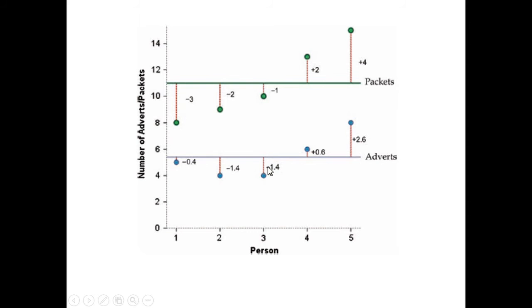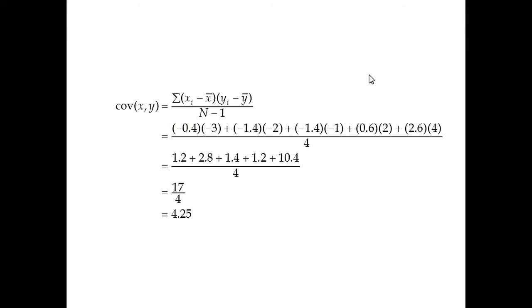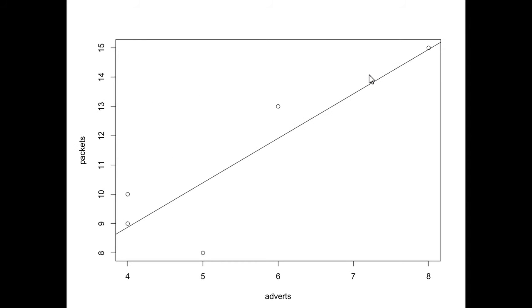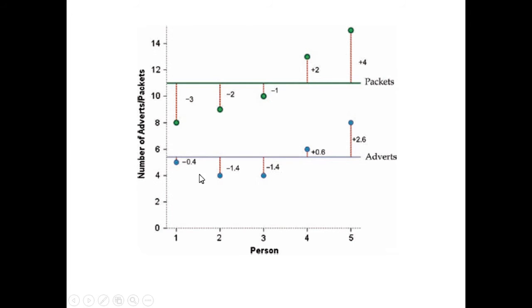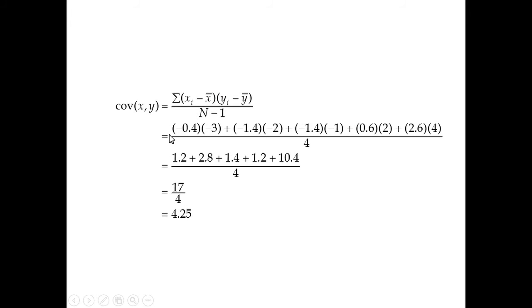So for all of the advertisements, they are negative for the first three people, a positive for the second people. And these are negative and positive, so the two negatives go together, the two positives go together, so it's a positive correlation. So if you did the correlation for this example, you would get a very high positive correlation because they're both below the mean at the same time and both above the mean at the same time. And if you math that out, the two negatives cancel each other out because a negative times a negative is positive. If I told you covariance is 4.25, you'd just kind of be like,